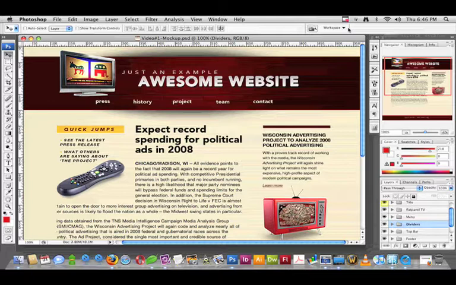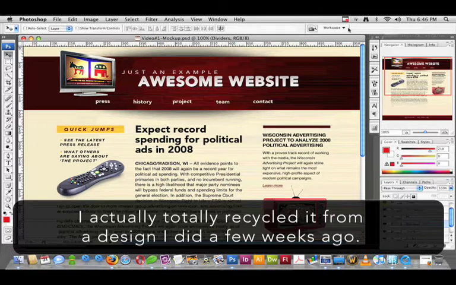I get the question fairly often: how do you turn a mock-up, in this case a Photoshop mock-up, into CSS and HTML? It's kind of a big question. The answer to that question is different for every website, pretty much. What I'd like to do here is look at this mockup that I made just for this and convert it